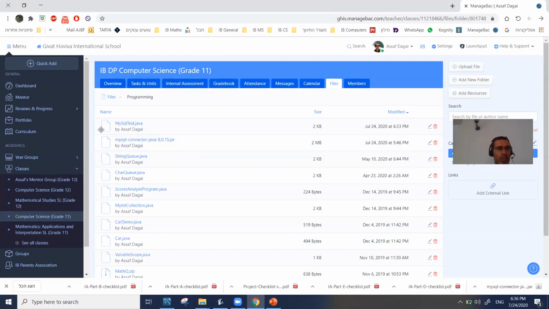The code that we're going to look at, which I wrote, is mysql test.java. And the mysql connector java basically includes all the Java code that knows how to connect to a MySQL database and use it, send data and get data from it. So after you download the two, we open our